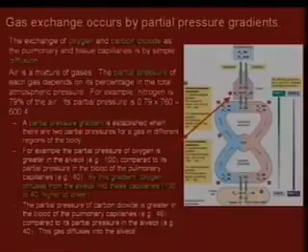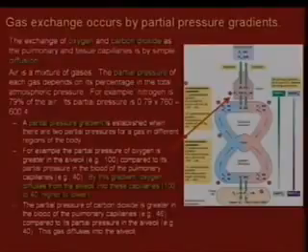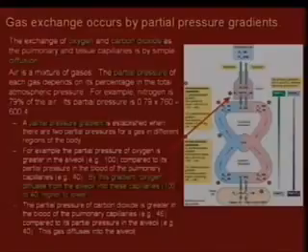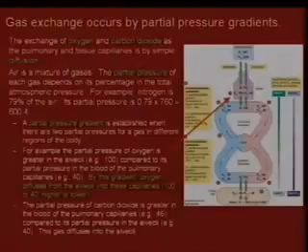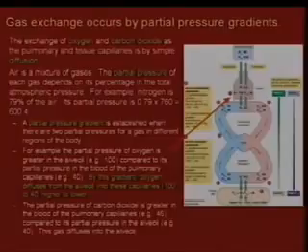So what we want to look at here is the partial pressures of oxygen and carbon dioxide outside the body versus inside the body. And then once inside the body, what's in the blood versus what's in the tissues. Because these partial pressures are what's going to drive the movement. Anywhere there's a higher partial pressure, it's going to move to where there's a lower partial pressure. Okay? So if you look up here, you can see